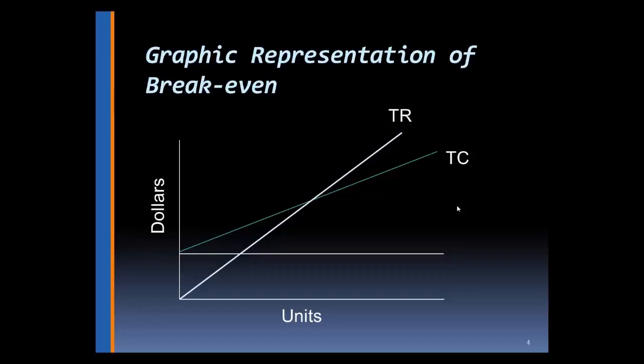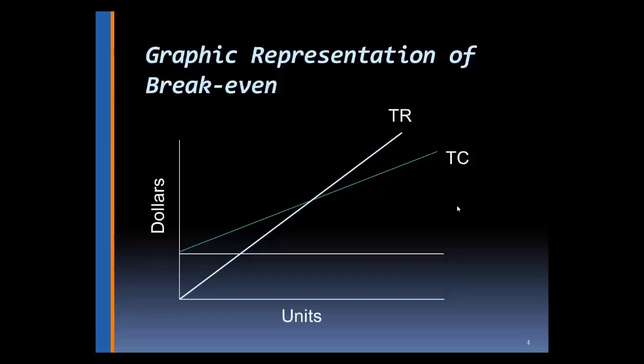And the reason the total cost line and the total revenue line are separating at a fairly rapid rate is that we are spreading our fixed costs over more units. If you recall from the last module, we went through a situation where we said the total cost per unit will drop the longer we can spread our total costs over more units. So when does the break-even occur?